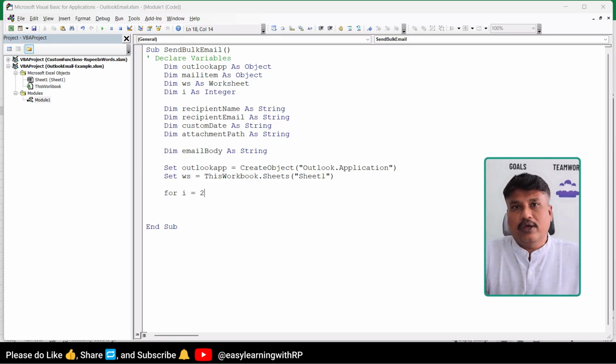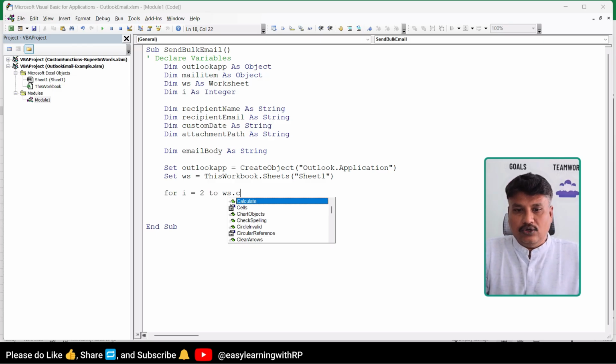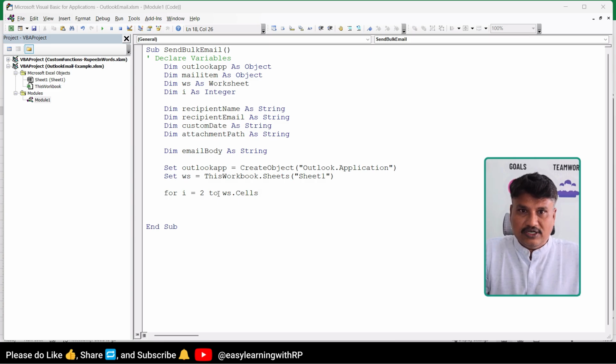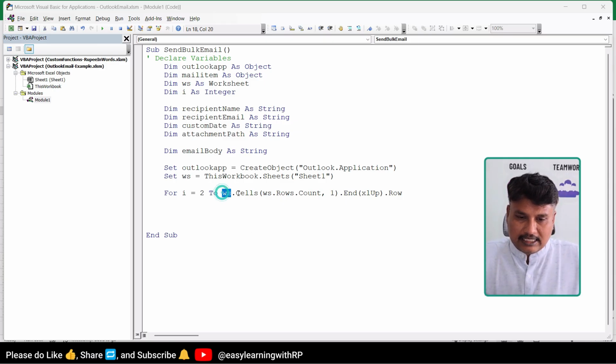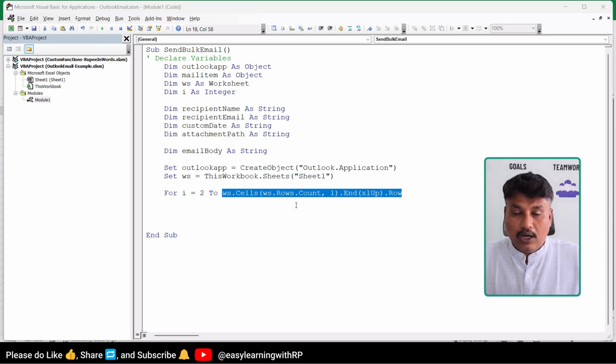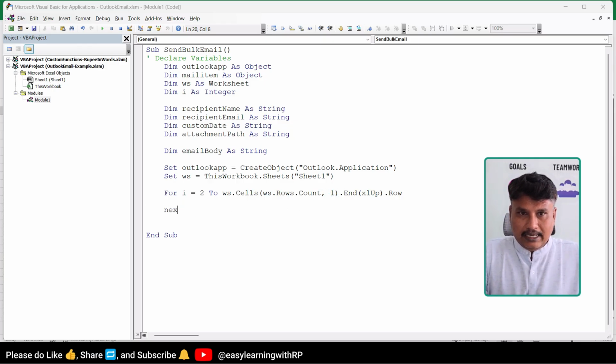Normally the first row is a header, so we start with 2, where the data begins, and we go up to the last row. To find the last row, we will use ws.Rows.Count, 1, and xlUp.Row. Whenever you want to find the last row using VBA, you can use this formula, and this is going to return the last row of the first column. Then For and Next.